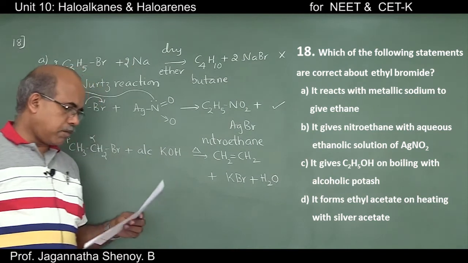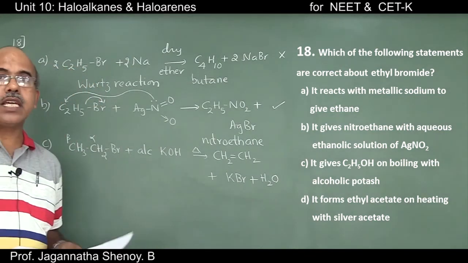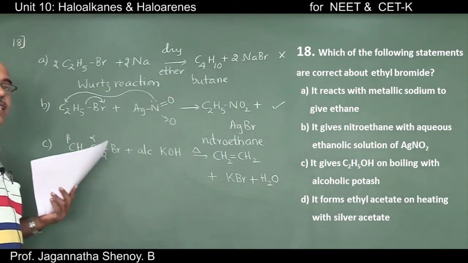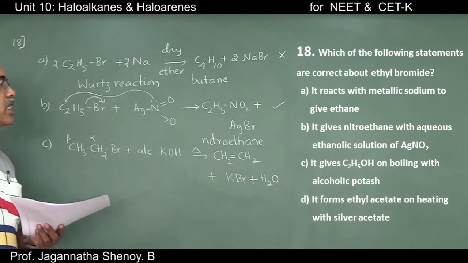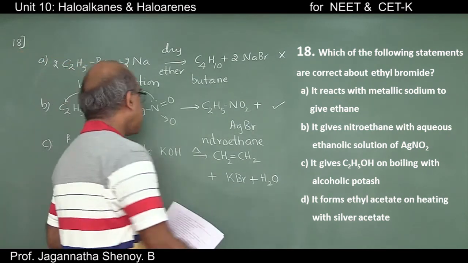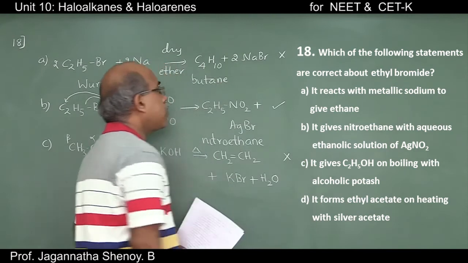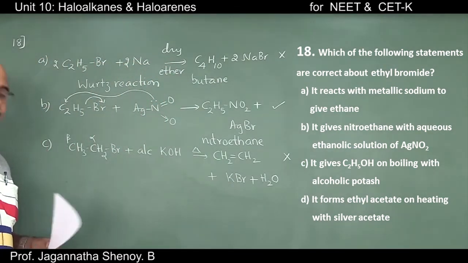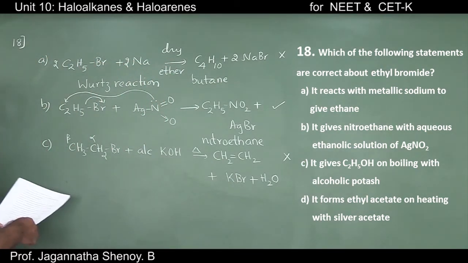So, what is the product obtained? It has to be ethene. But what is given? It is given that ethanol is formed. That's why the third statement, option C, is also an incorrect statement. Let's move over to